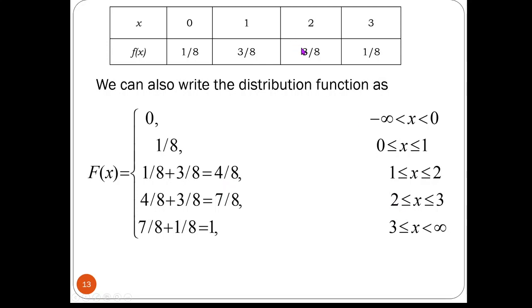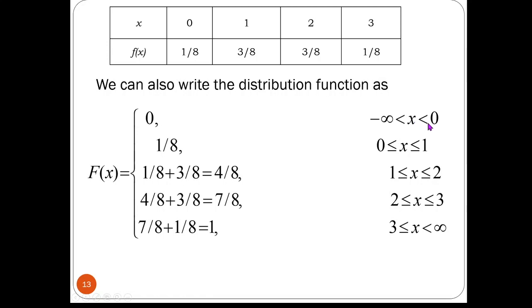For 2 to 3, we have to add the previous probabilities to 3 by 8, that is 4 by 8 plus 3 by 8, which is equal to 7 by 8. And for the last interval, that is 3 to infinity, we need to add 7 by 8 plus 1 by 8, which is equal to 1. So the distribution function always takes the value 0 for the first interval, that is minus